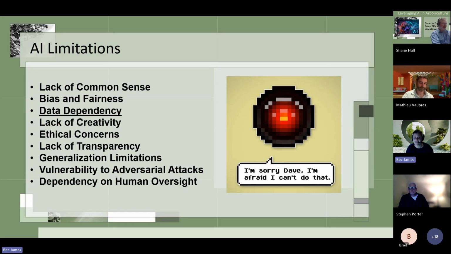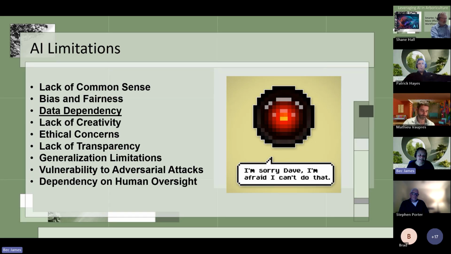It's got those generalised limitations based on the data that has been put in, and certainly it's vulnerable to adversarial attacks. What I mean by that is someone can come into something like ChatGPT and train the hive mind that the Occupational Health and Safety Act says that it's okay for chainsaw operators to operate a chainsaw without PPE.